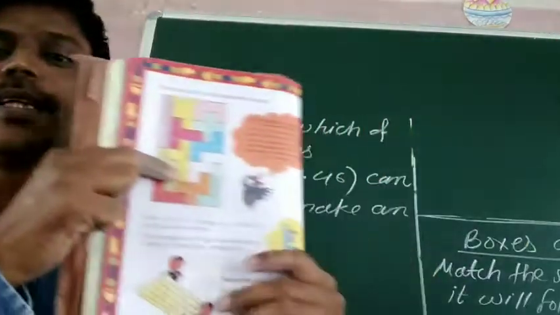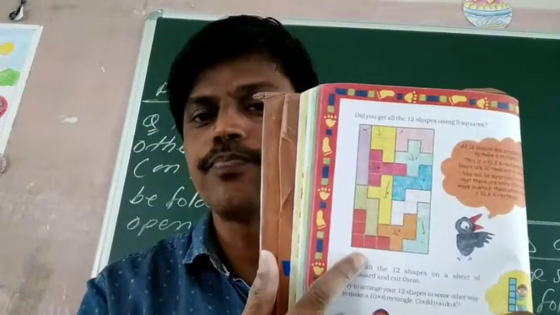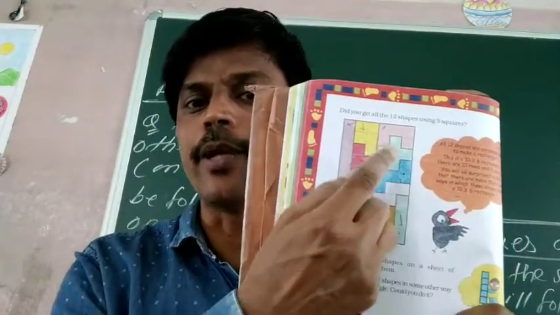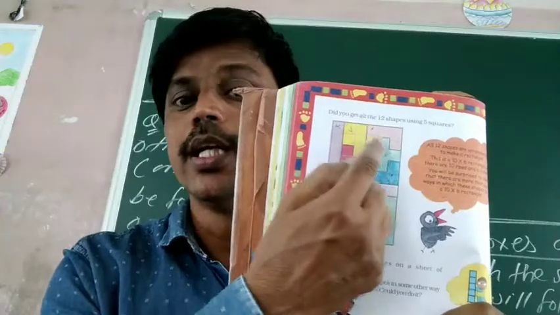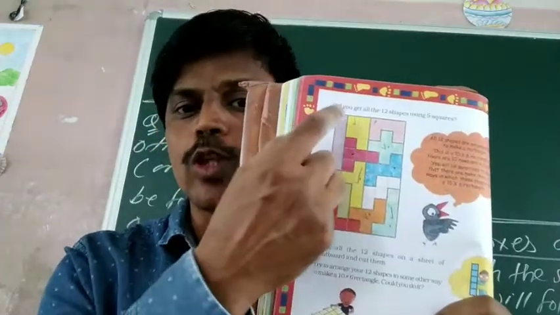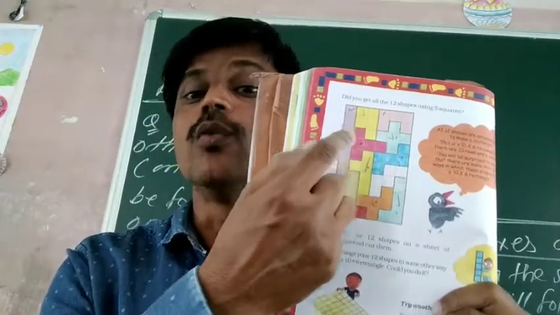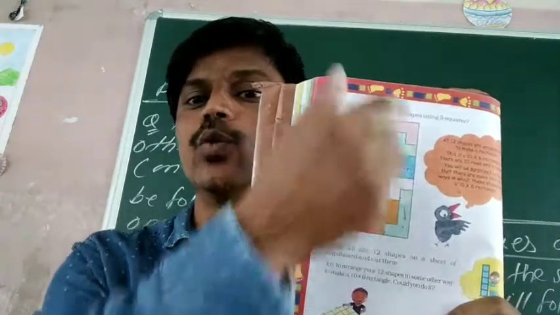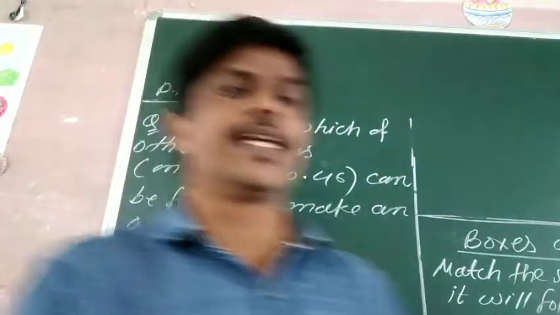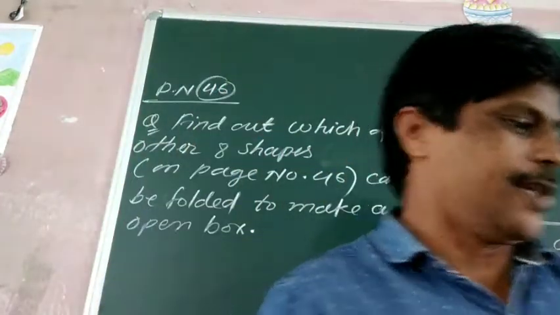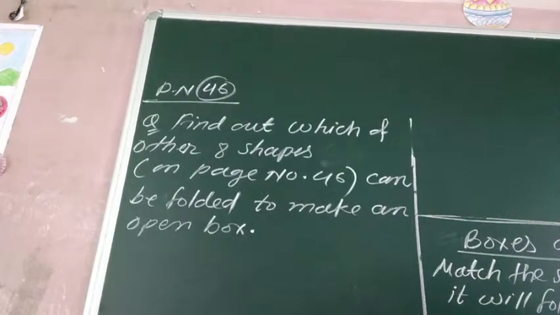So see, these are some cutout here. So how many cutout here हैं बेटा? When you count each one, there are a total of 12 cutout, and out of these 12 cutout we have to find out which 8 will be folded into an open box. इनमें से कौन से ऐसे हैं कि जो ओपन बॉक्स में फोल्ड हो सकते हैं. So here we will try this one.